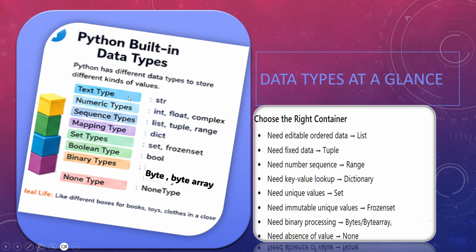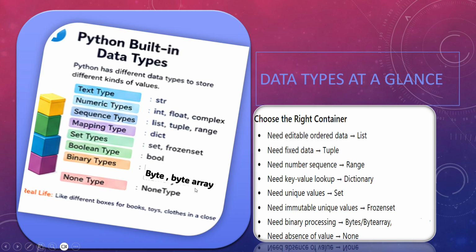I have shown you the string type, int, float, complex. We have gone through sequence types also, list, tuple, mapping type also, dictionary we have closed, set type also we have understood. We have seen the code around that also, boolean also we have finished. Now today it is the binary types, which are bytes and byte array, okay, and none type. So these two are the last remaining ones that we'll cover today.